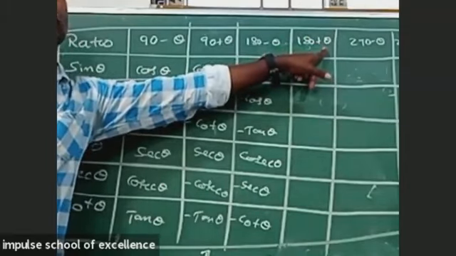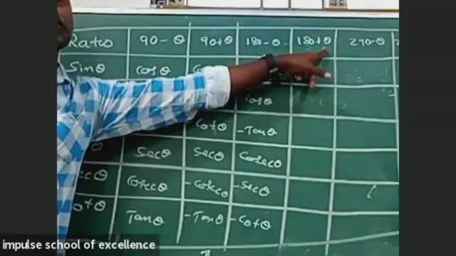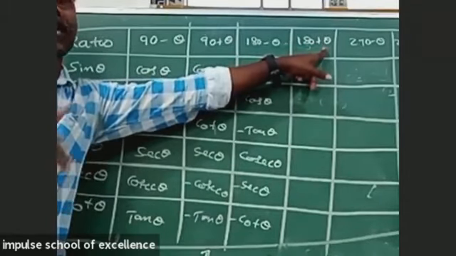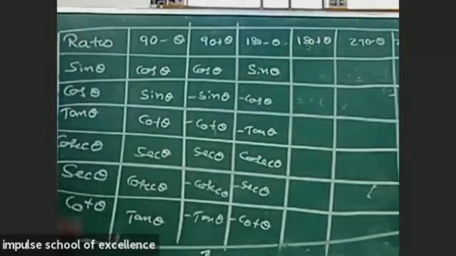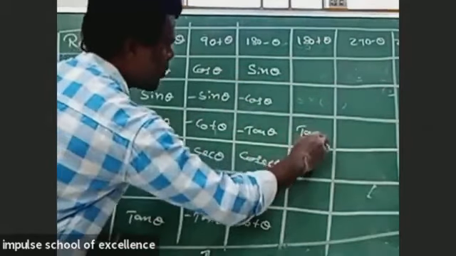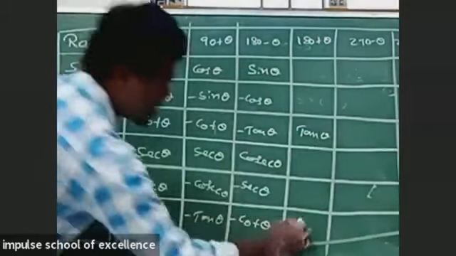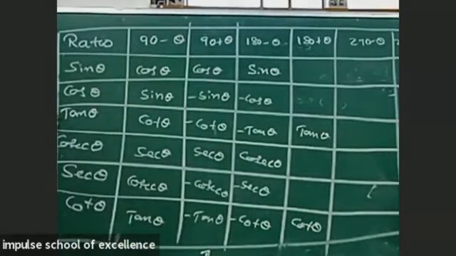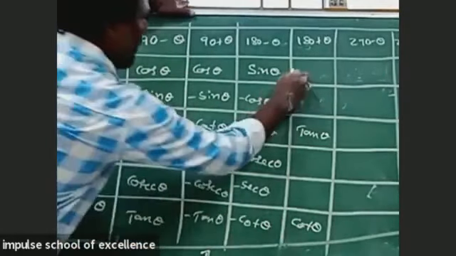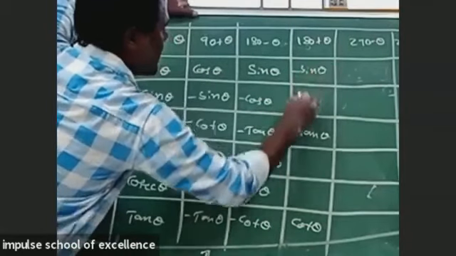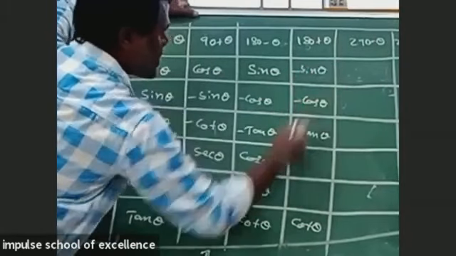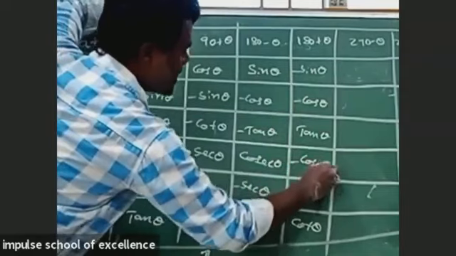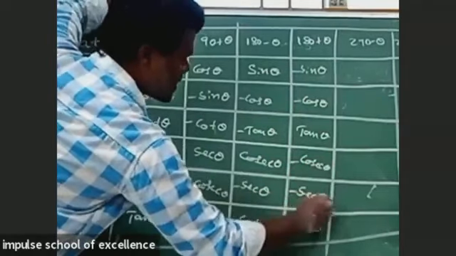182. All these are in Q3. In Q3, all silver T. T is nothing but tan and cot are positive. So tan is positive, write it down. Tan is positive and cot is positive. And the remaining all are negative. You can write minus sin theta, minus cos theta, minus cosecant theta, minus secant theta, like we can write.